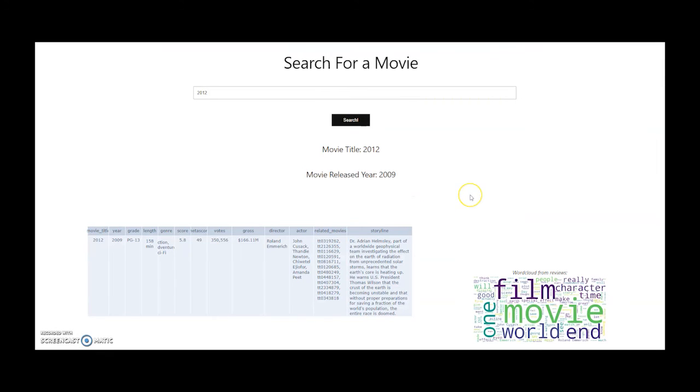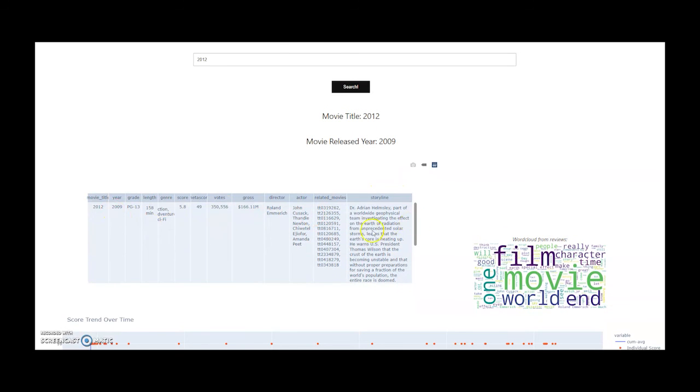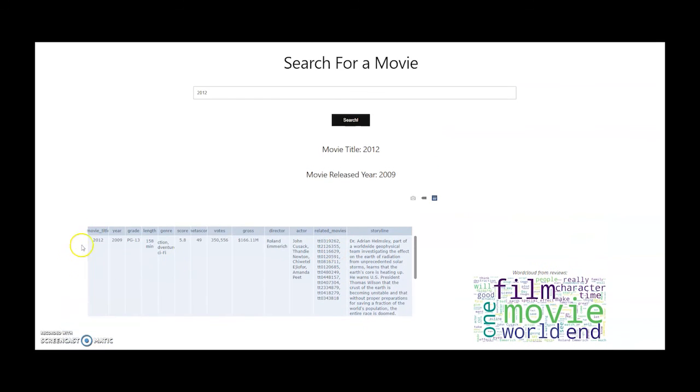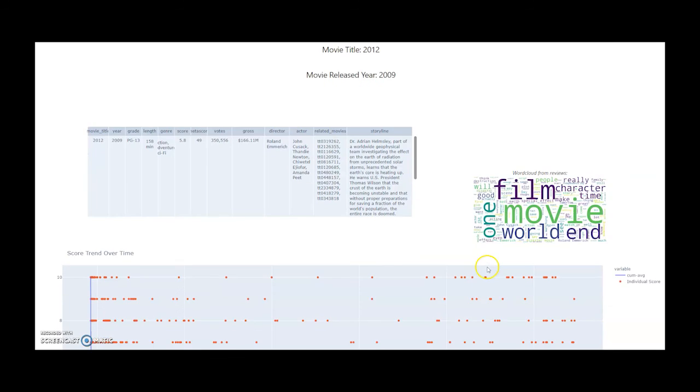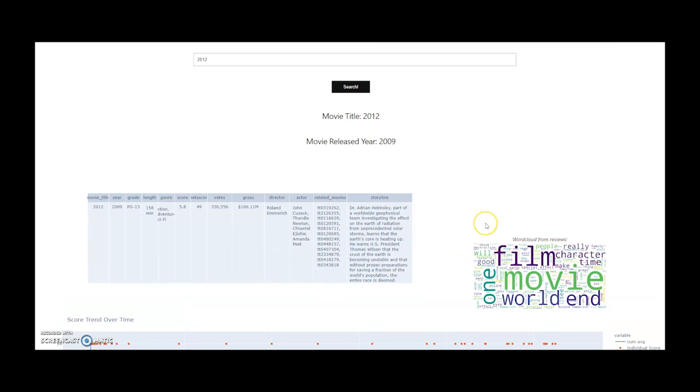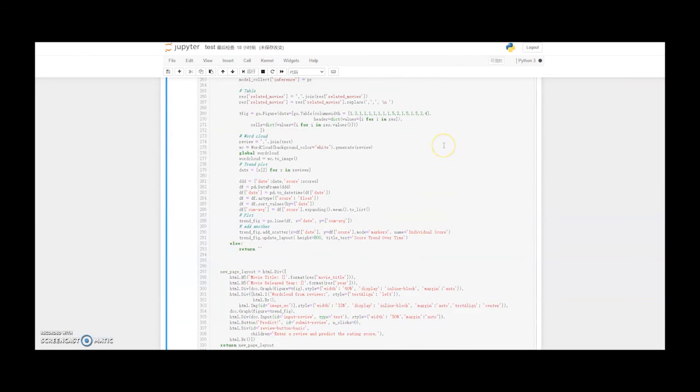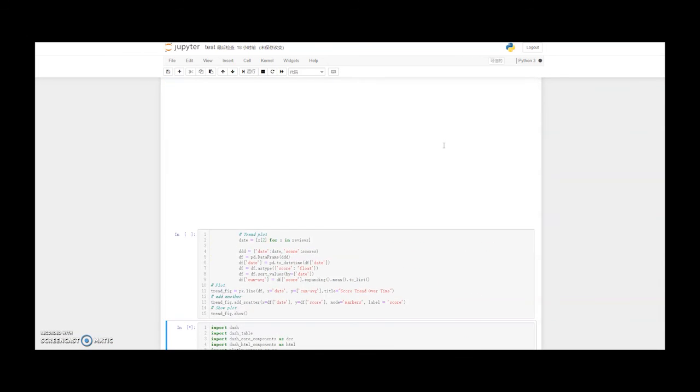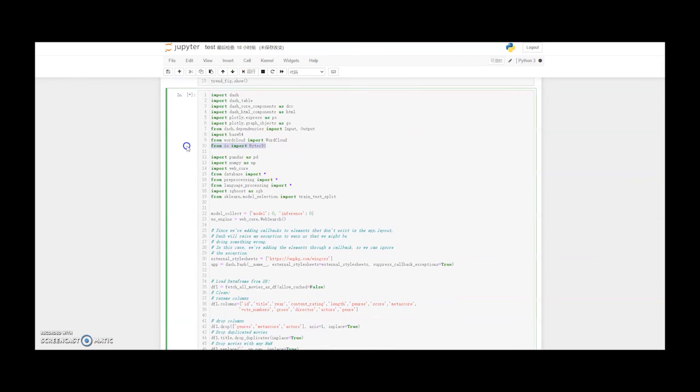Alright, it's finished. After loading, it returns the movie title, which is 2012, and also the movie release year, which is 2009. Then also a table that has the movie details, like the title, the actors, the storyline, and there's a word cloud from the reviews which will not be on our website because AWS has some issue with that BytesIO part, which I used to encode and decode the image returned by the word cloud.